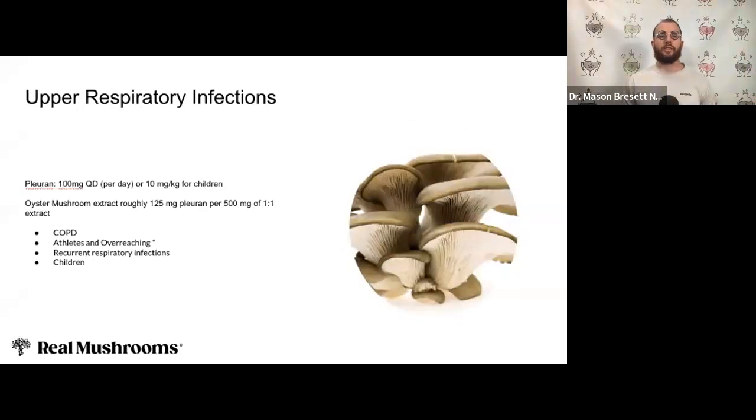And this is kind of just like, I tried to pick out some very foundational things that we could work with as a group and go through how to actually put this into place. So upper respiratory infections, I think mushrooms are great, especially for kids as well. And the big one that has the most research is oyster mushrooms, and specifically a beta-D-glucan named pleuran in oyster